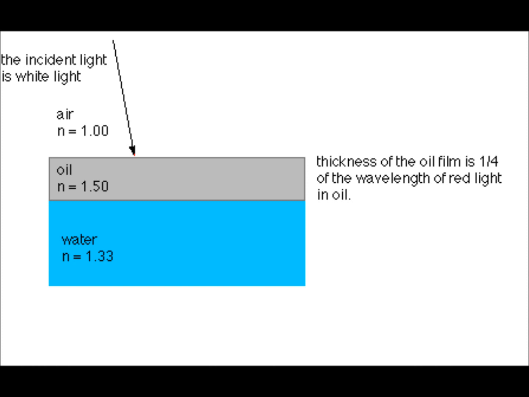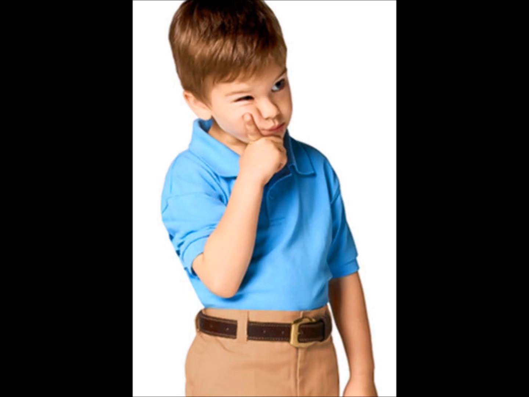As you meditate, think about the impact of the oil's index of refraction on this situation. Note that it's higher than the index of refraction of air, and it's also higher than the index of refraction of the water beneath it. And then, as you meditate further, think about why it's so important that we're told that the oil has a thickness of 1/4 of the wavelength of red light. I think it's a good idea to pause the video here, maybe check the text, do some thinking before you continue on to my analysis.